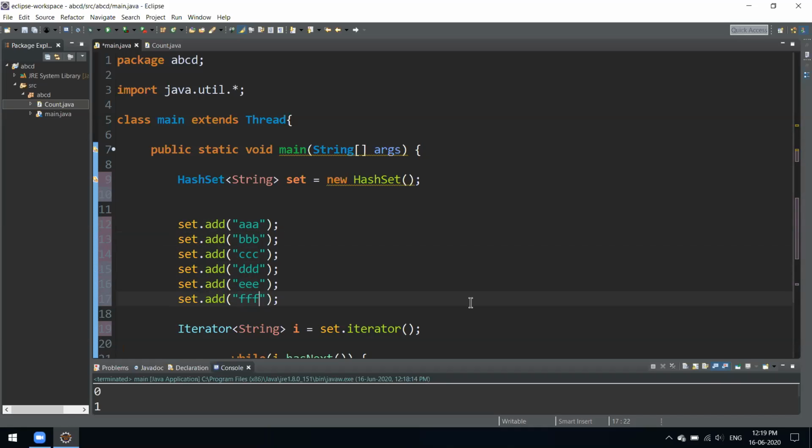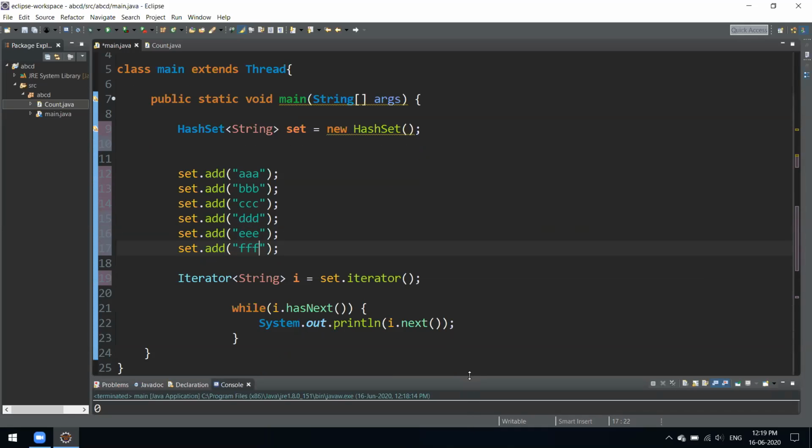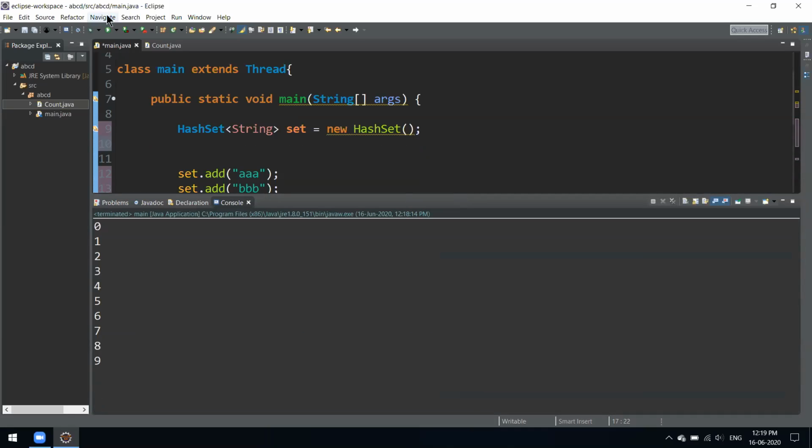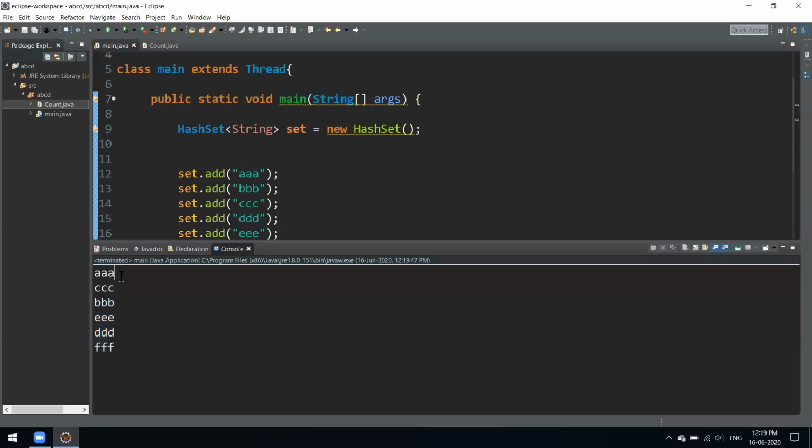Now we have a hash set which has strings in it, a collection of strings. The other things would be the same, we just change the elements to strings. See, now if you notice, the output isn't in ordered form. We first had A, then B, but it printed in an unordered way. This is how it happens in a set.